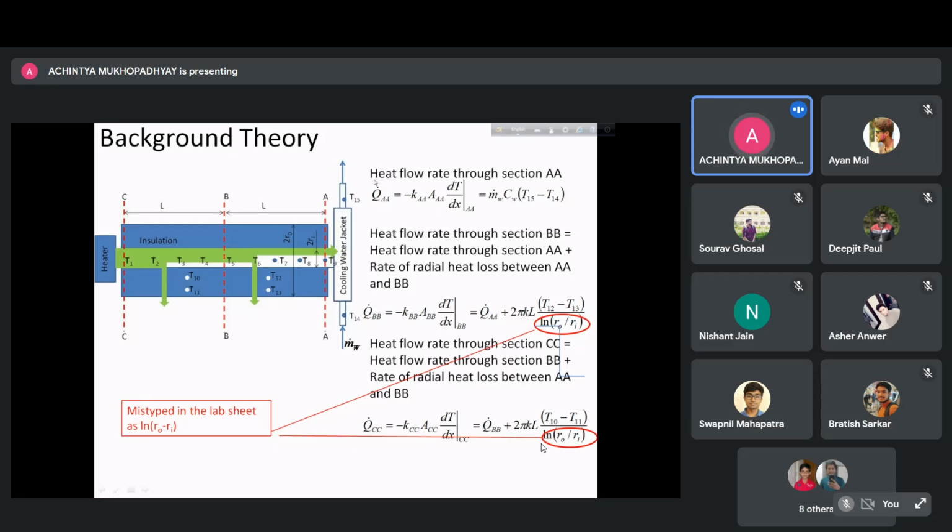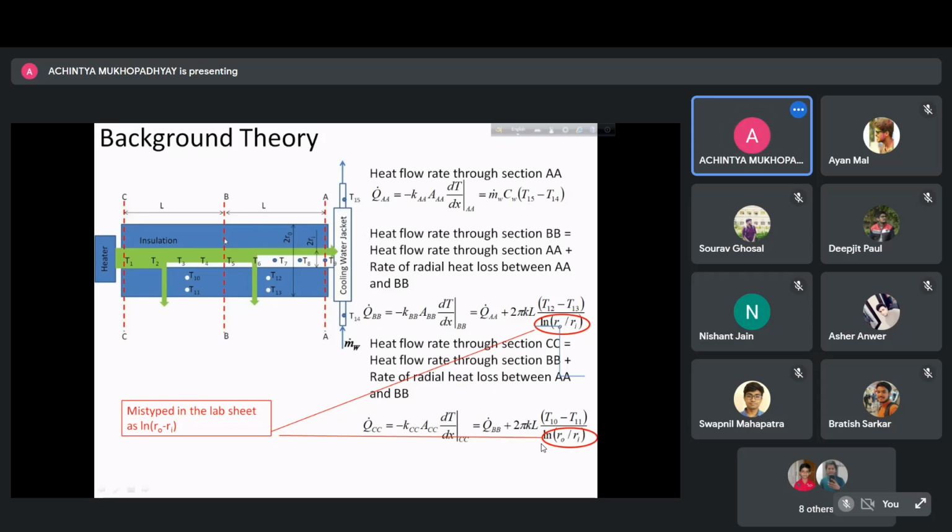the rate of heat flow at this section AA, I apply the Fourier law where I use all the values corresponding to section A, and I know how much heat is flowing. So this is one relation from which I can get the value of Ka. How we will do that, we will see later. Okay, now